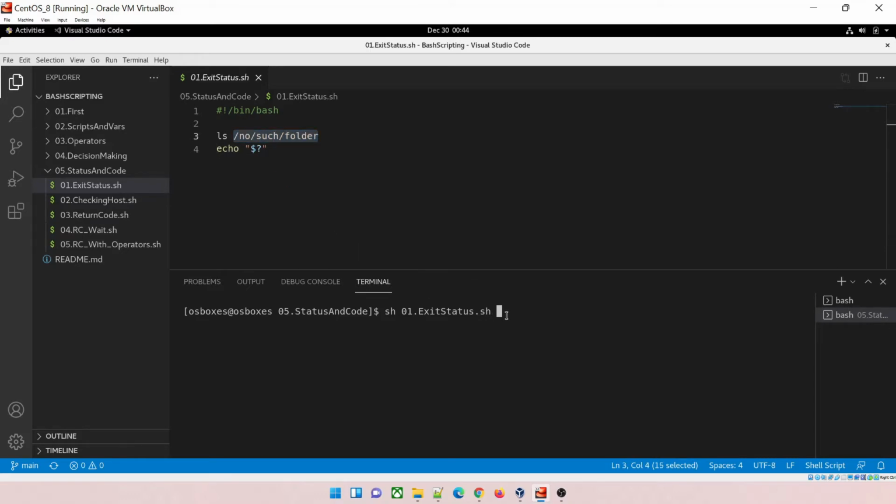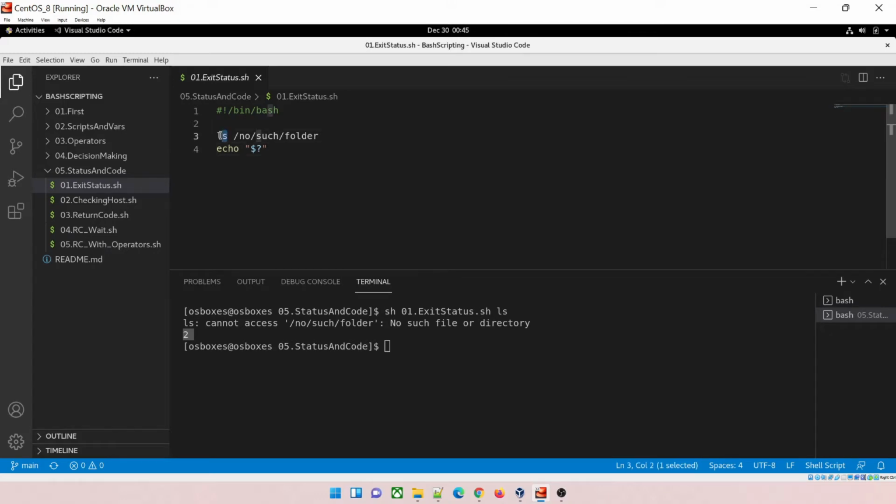If I do an ls over here, you can see there is no such directory. What is happening is it is trying to find the folder with the name no, inside that a folder named such, inside that a folder named folder. Because there is nothing like that, it is going to throw an error: no such file or directory. And this command, dollar and question mark sign, gives you the exit status, which is 2. So you can see that no such file or directory has been printed, and then the exit status is 2. I hope you have understood. Had it been an existing folder over here, it would have given the exit status 0.